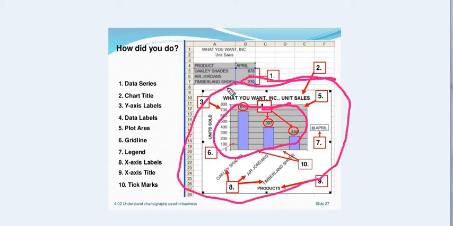Okay, grid lines you understood. Plot area, this is the plot area where we have created the graph, and this complete area is known as the chart area. And this is the legend, where we talk about the parameters we have taken for creating a graph.